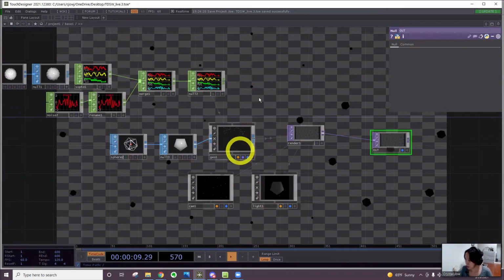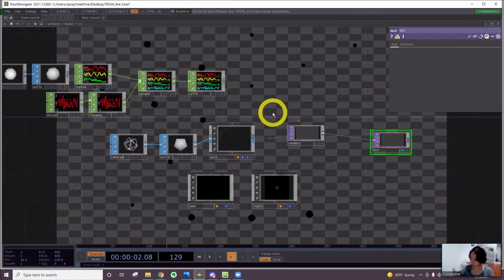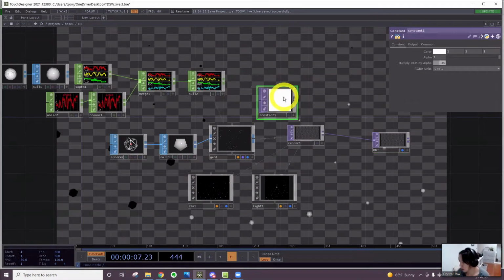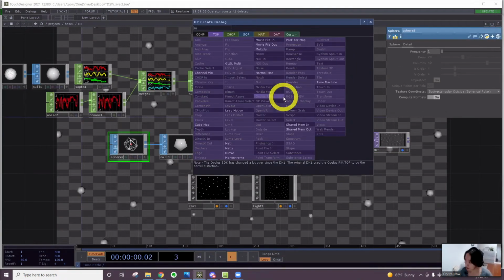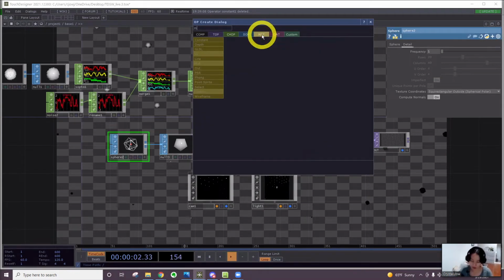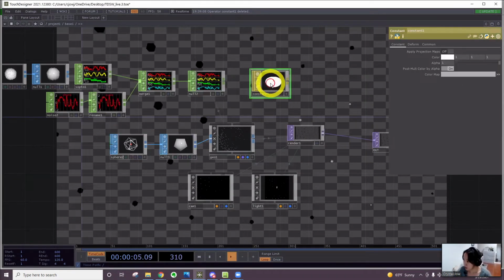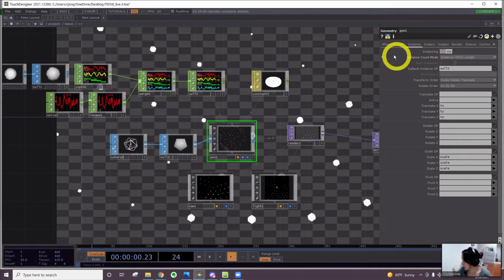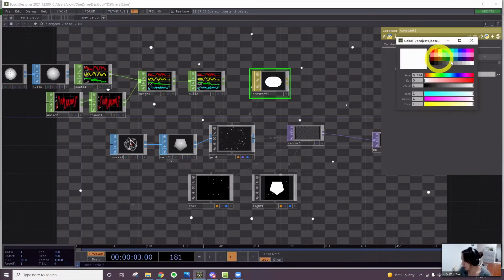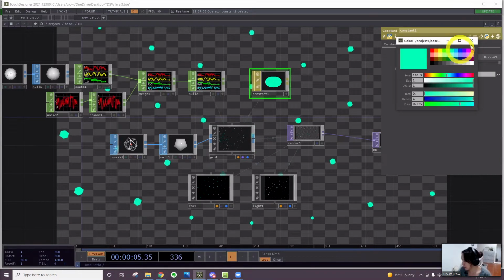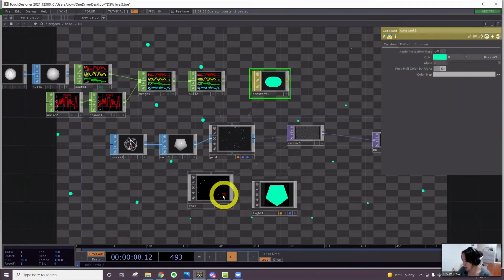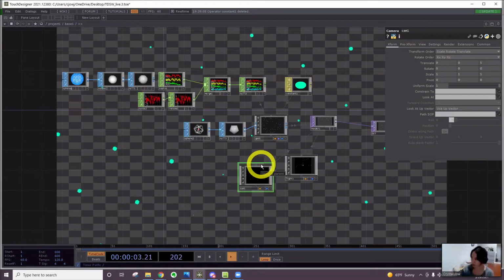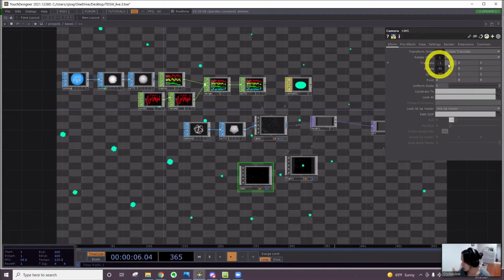So let's add a material to the geometry. I'll just do a constant, a constant mat. And I'll drag this onto the geometry. You can have it in any color you want, but I'll have it as like a teal color. Nice. So we would want the hand motion left and right to change the translate,